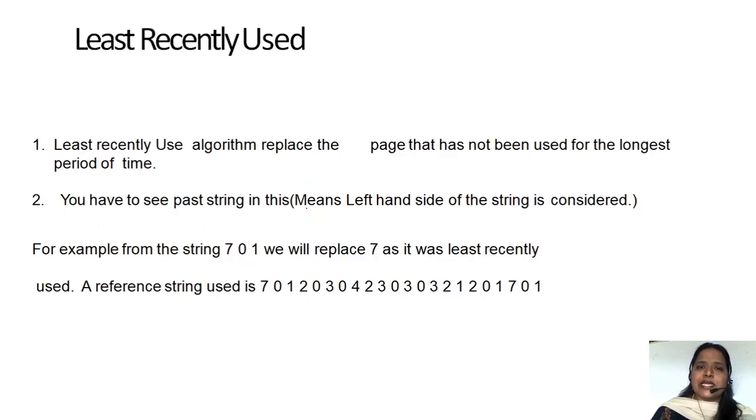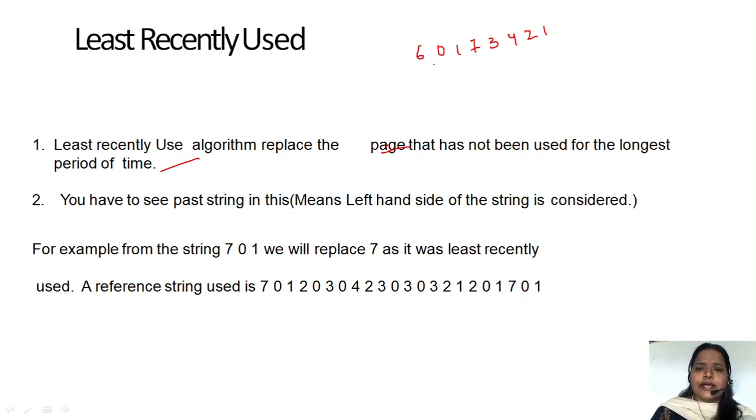And next one is the least recently used. Least recently used means it is going to replace the page that has not been used for the longest period of time. Suppose here 6 0 1 7 3 4 2 1, like this it is there.